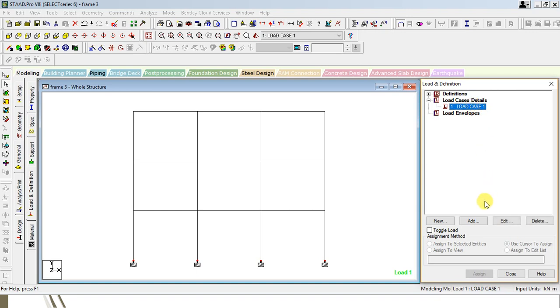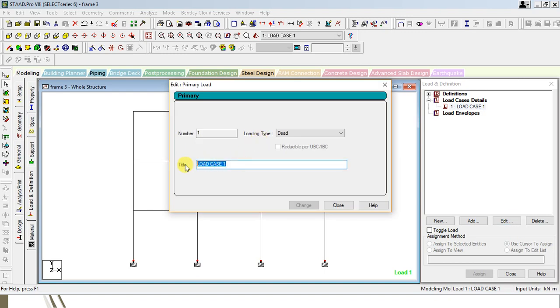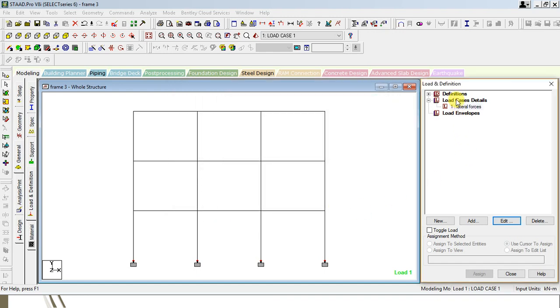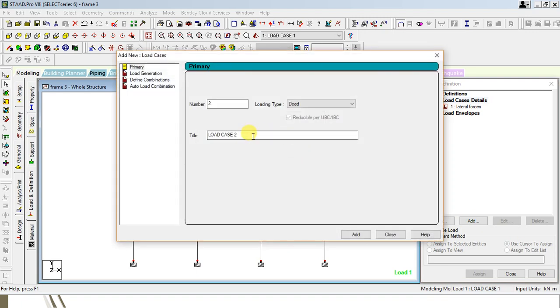So load case 1, or here let's take 2 load cases. We analyze the frame first of all for the lateral forces, so you can consider here as lateral forces, okay, change, close. Then one more load case 2, the vertical forces,